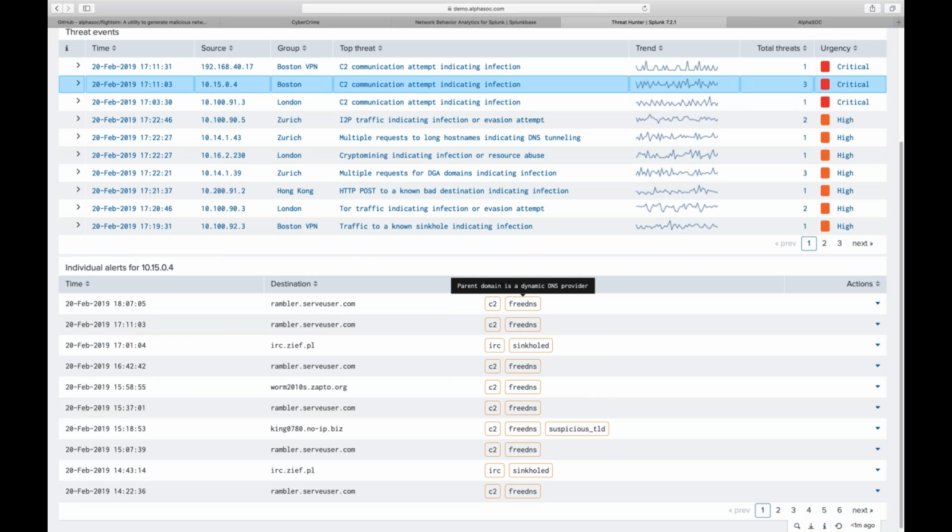Here we have FreeDNS, which indicates that the system recognizes that this domain is a dynamic DNS destination. C2 recognizes that this domain already exists on a threat feed and is flagged as C2. We're able to flag things as sinkhole if they resolve to IP space that is known to be run by Microsoft or Kaspersky for sinkholing purposes. We're able to flag IRC servers and so on. In terms of an exhaustive list of flags, if I click into our documentation,